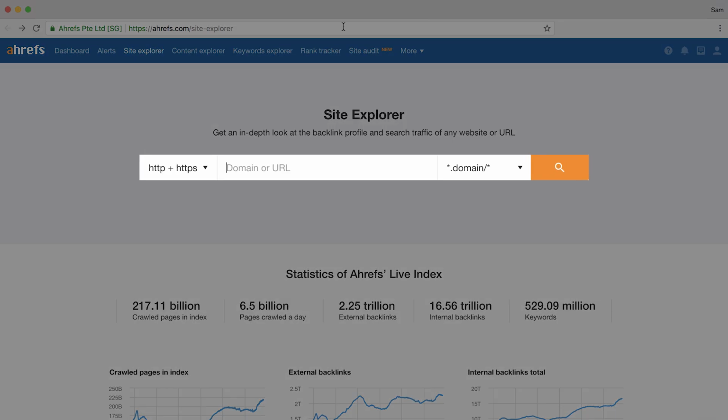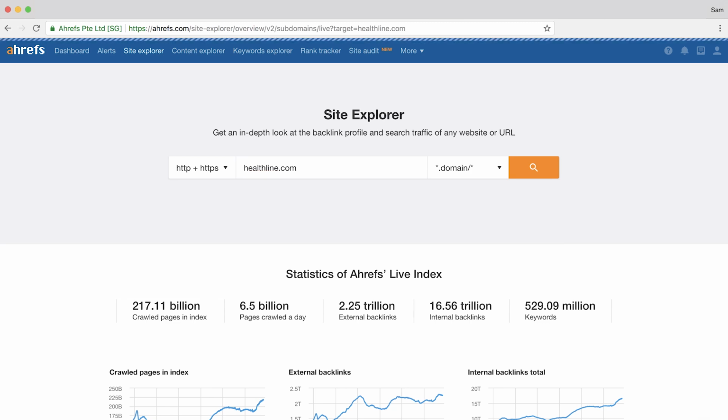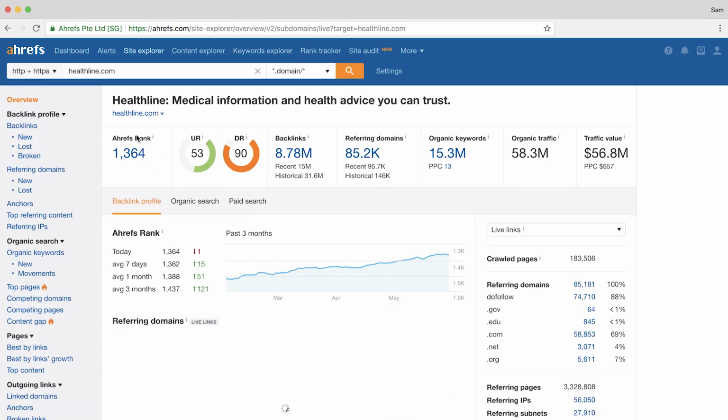So you'd have to play around with the query, which will highly depend on your industry, topics, or niche. An even easier way to do this is to pick one of your biggest competitors who has a lot of backlinks to their site. Then you take their domain and enter it into the Site Explorer tool. So I'll type in healthline.com since we already saw that they have a ton of backlinks.